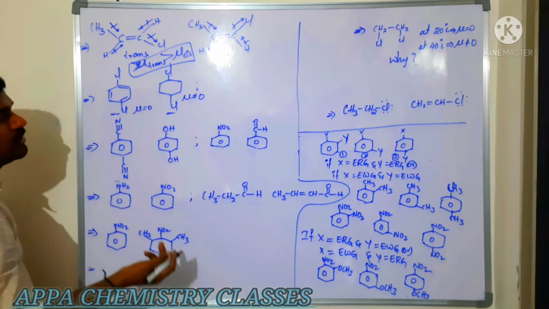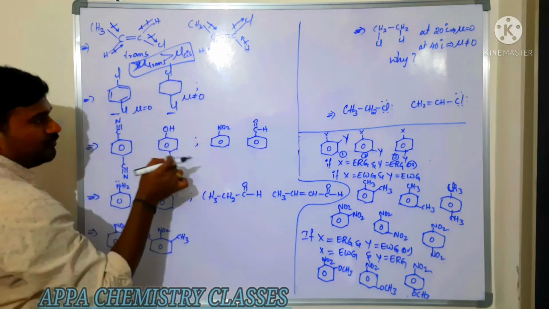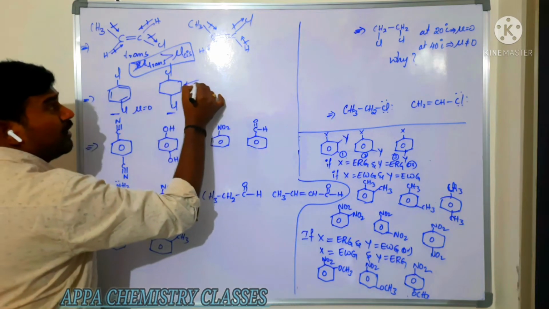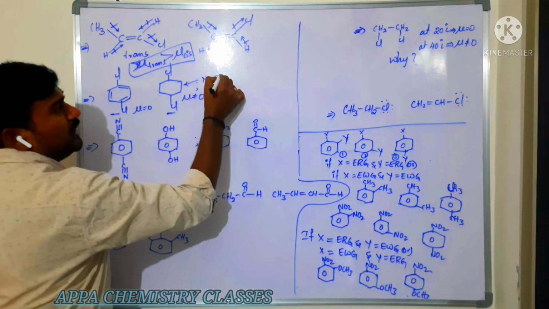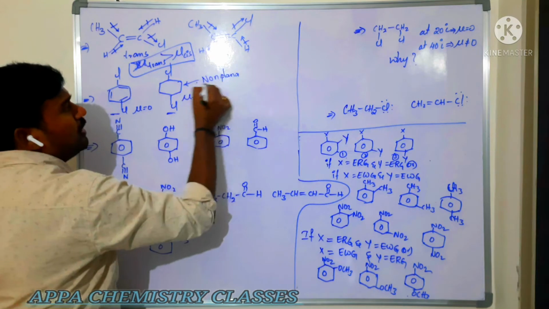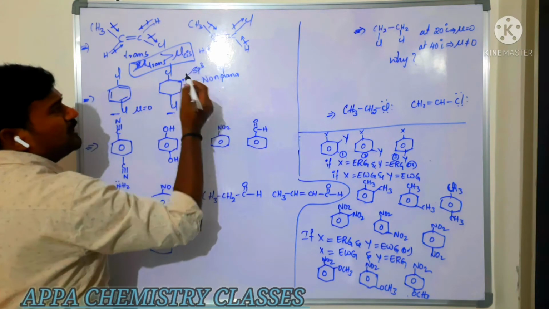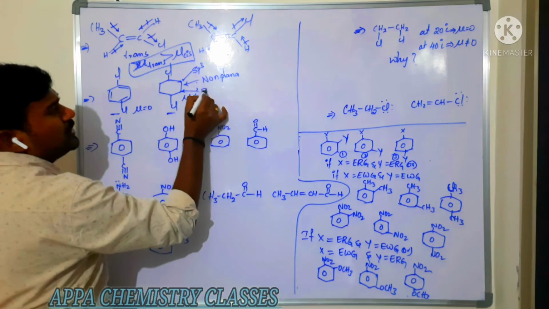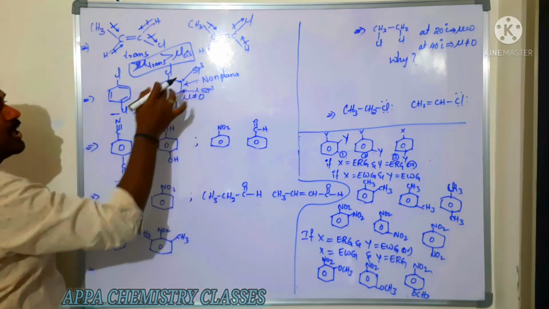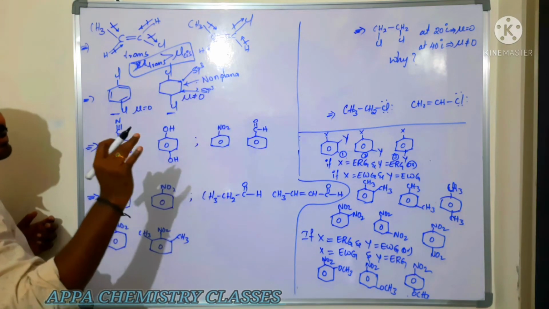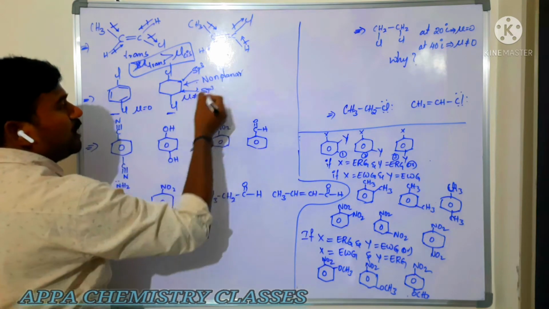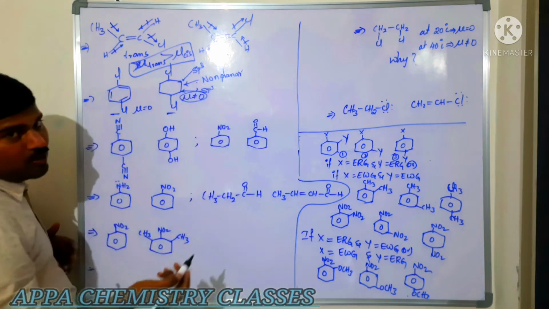What is the reason here? It is a cyclohexane. It is non-planar. The cyclohexane ring is a non-planar ring. Now this carbon hybridization is sp3. sp3 is not planar. So it is also sp3 carbon. All these carbons are sp3 carbon. They are non-planar. So non-planar molecules' dipole moment is not equal to 0.